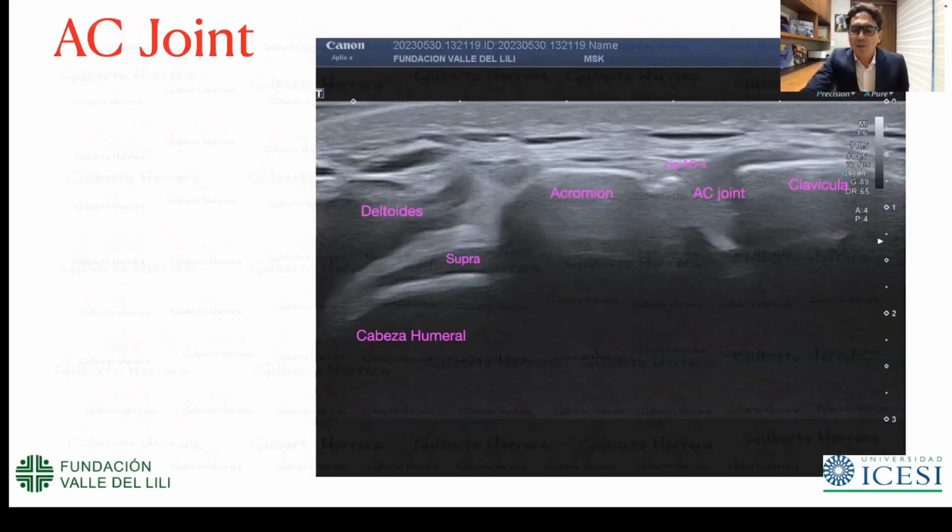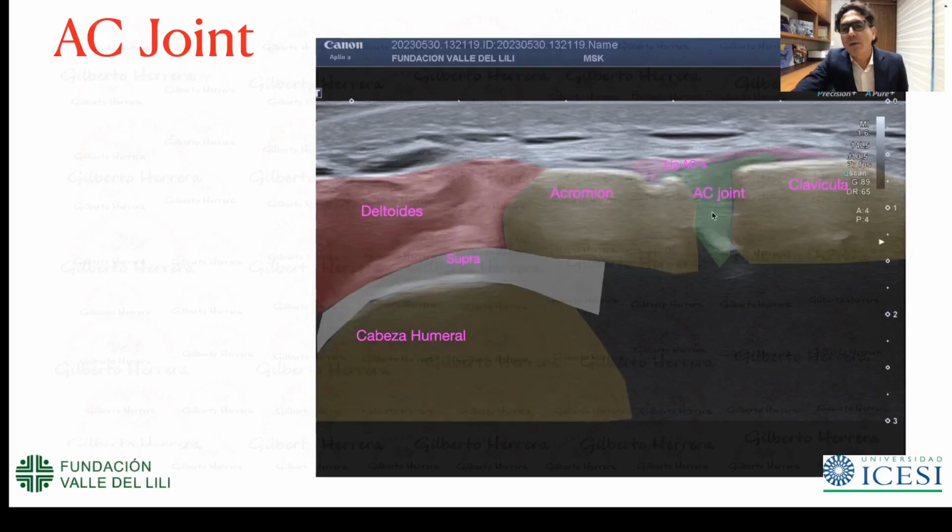The acromioclavicular joint is very easy to identify. You reach the edge of the clavicle. Characteristically, it has a slight prominence. And at that step, that's where we're going to place our probe along the axis of the clavicle, in the long axis of the clavicle. And we'll get this image where we can identify the acromion and the clavicle, which is the most important part, then the acoustic window created by our joint with its acromioclavicular meniscus, and you can clearly evaluate the superior acromioclavicular